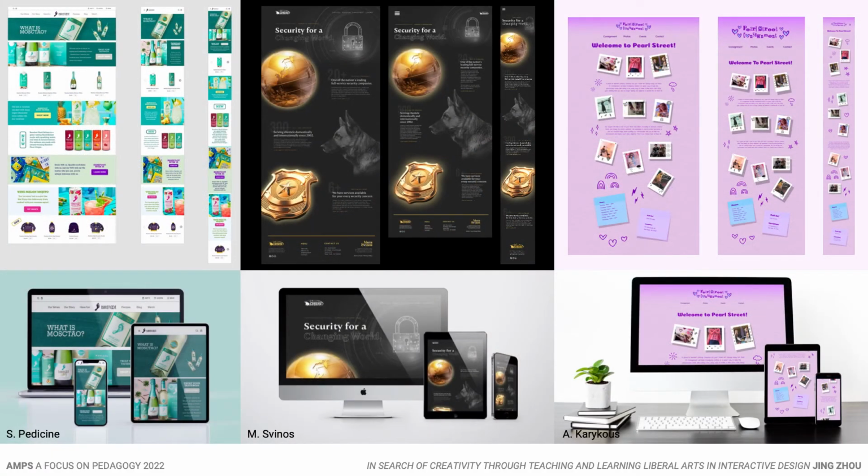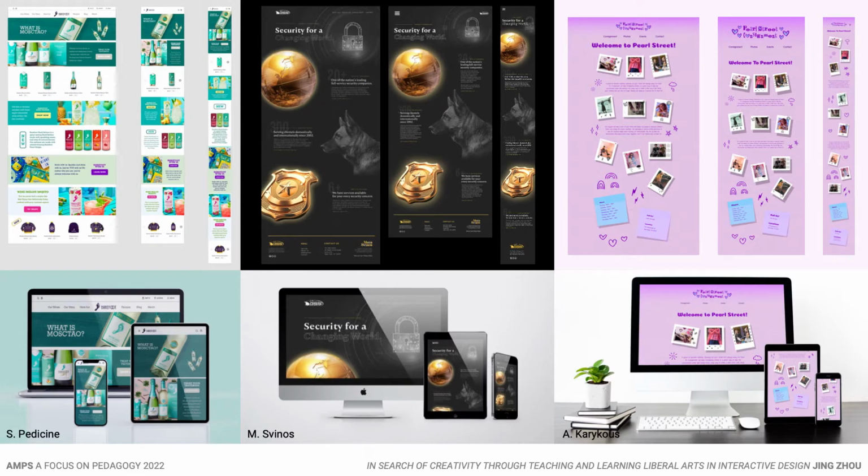The pedagogical focus of web and interactive design is primarily based on visual, technological, problem-solving, and analytical skills to produce digital products. Thus, its project-based curriculum is driven by industry trends and user needs.